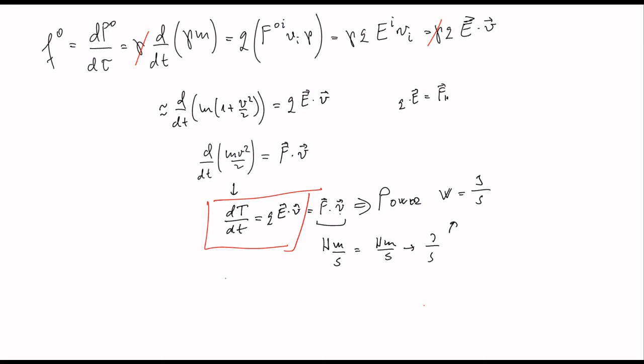The point here is that this kinetic energy is changed only by the electric field. That's very interesting. And so the magnetic field just curves the line, the trajectory of the particle, but it doesn't change the energy. And I find that very nice and interesting, right? So this is energy per time, it's power,